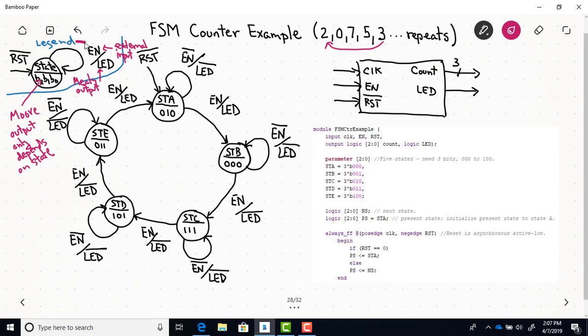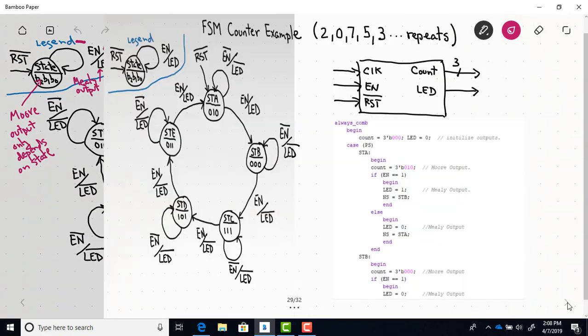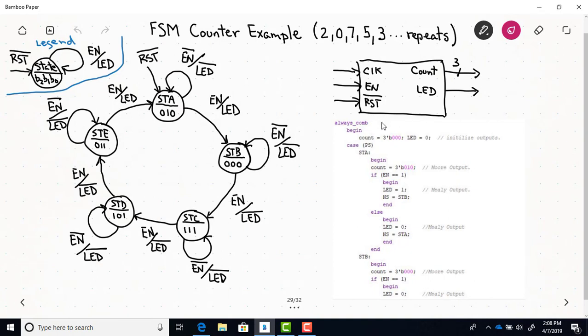All right, and you can see if the reset is asserted, active low, and it's equal to 0, we're going to go back. Present state is going to be state A, so we'll go back to the state here. Else, present state is going to be assigned to next state, and what determines the next state is in the always_comb block, which follows this always_ff block. So if we go to the next page here, this shows the rest of the code,